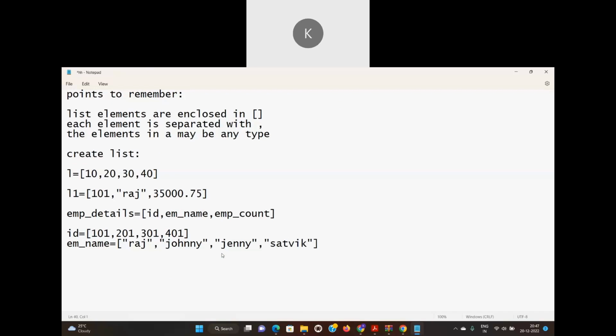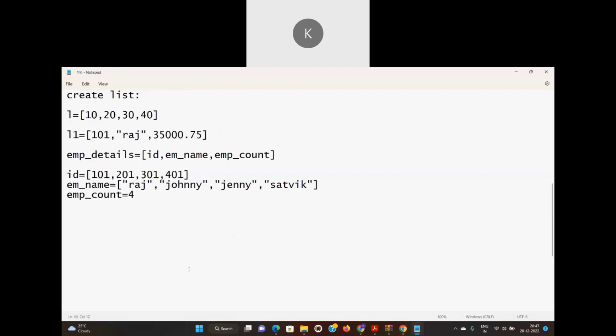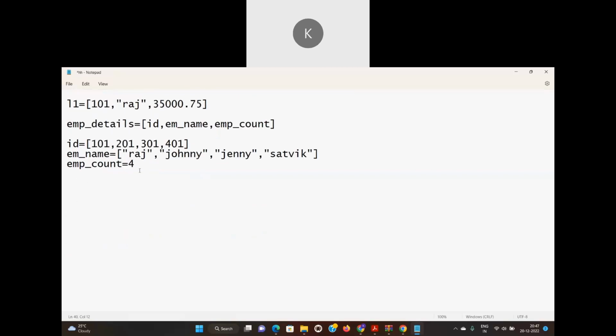Okay, next, EMP count equals to, I can take as 4 like this. Clear? So now that means finally how we can represent is EMP details